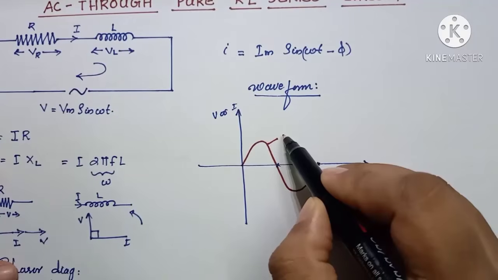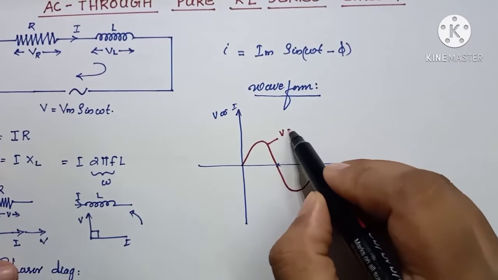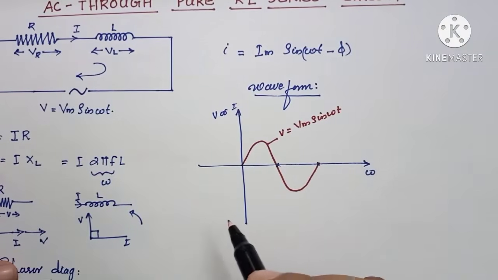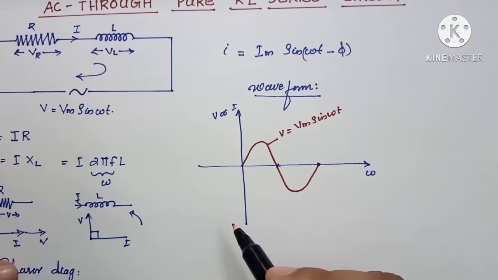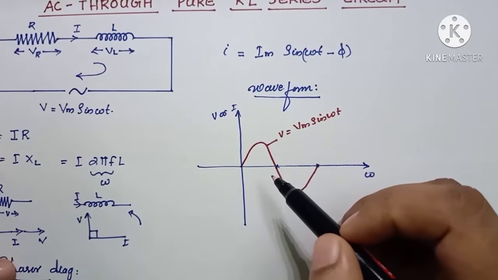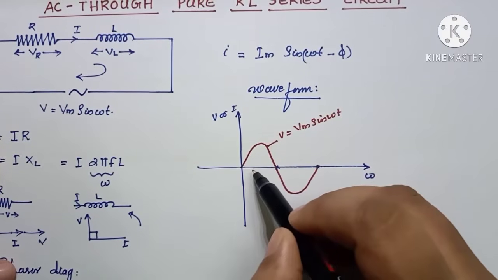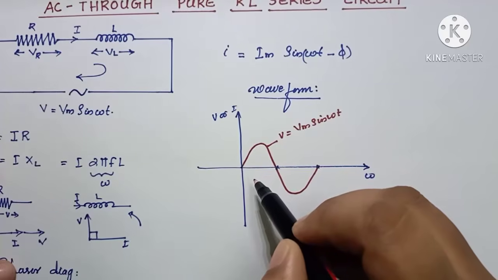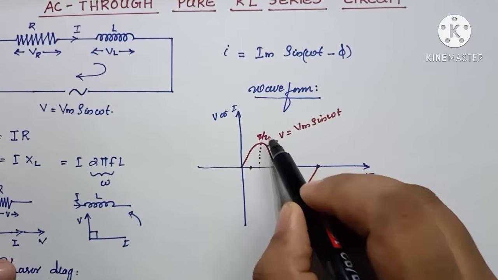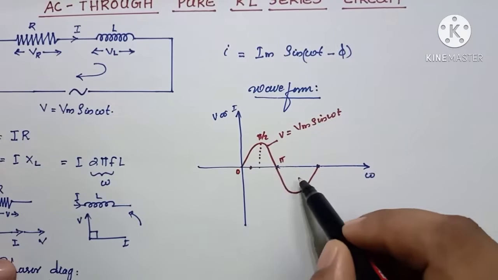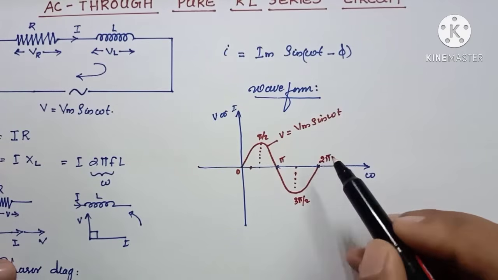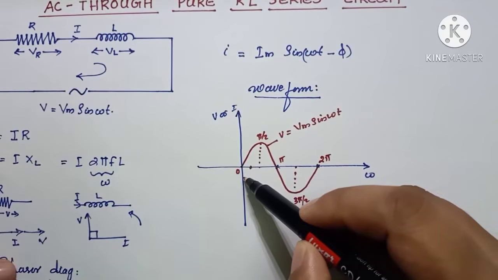This can be the equation for voltage, V is equal to Vm sin omega t. And what will be current? Current will not be in phase, and it will not lag by 90 degrees; it will lag by an angle phi. So this can be pi by 2, this can be pi, and this will be 3 pi by 2, and this will be 2 pi, and the current starts from here